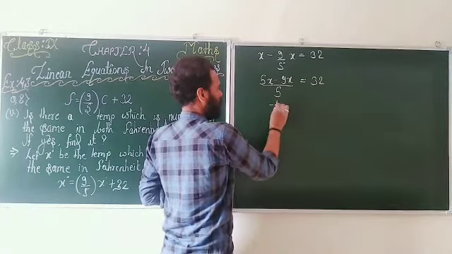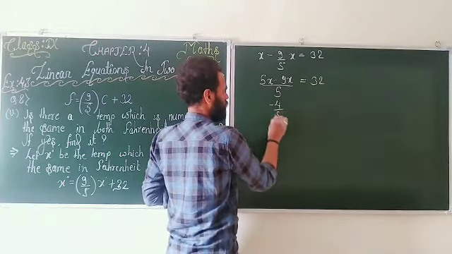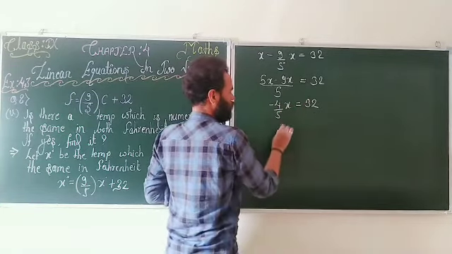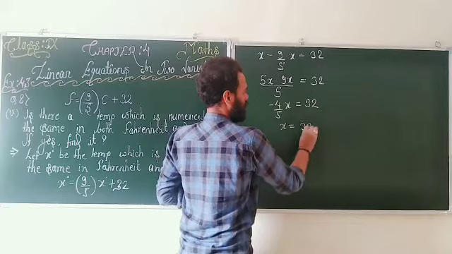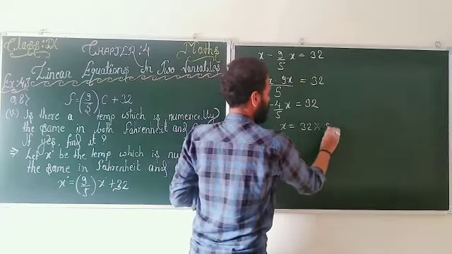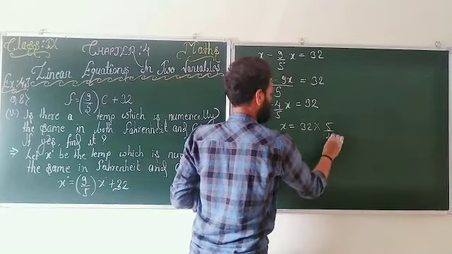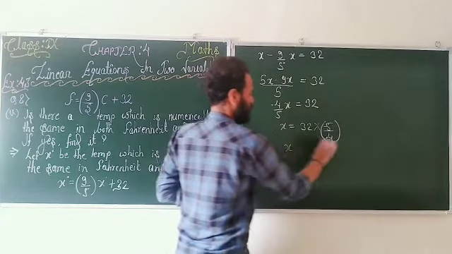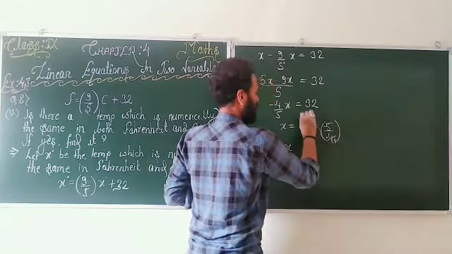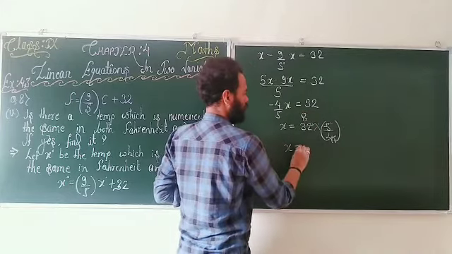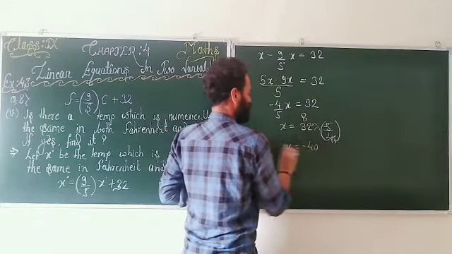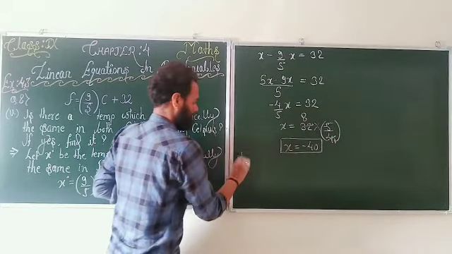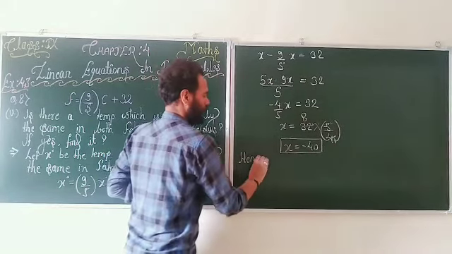Here we get minus 4/5 into x equal to 32. So x equals 32 into 5/4 with the negative sign. Here 4 8s are 32 and 8 5s are 40. So minus 40 is the temperature, hence minus 40 degree